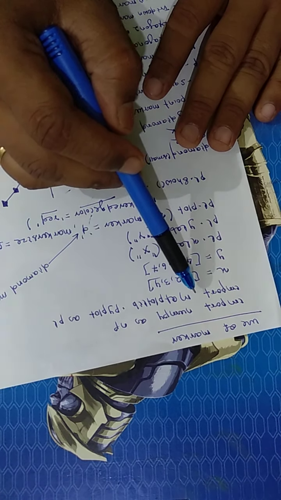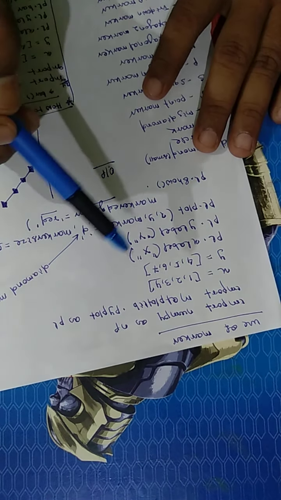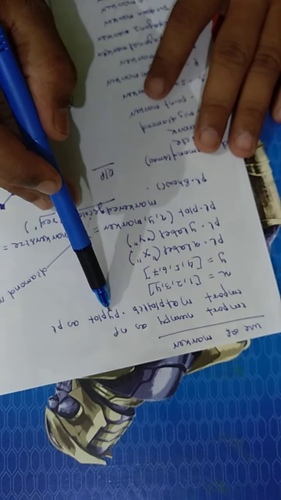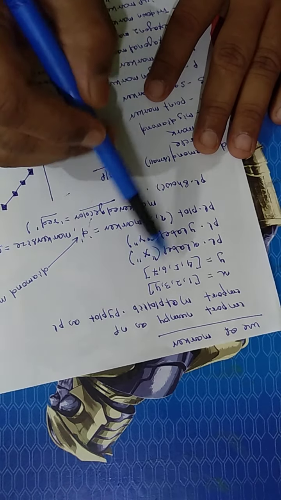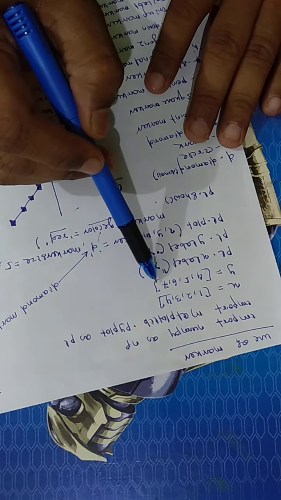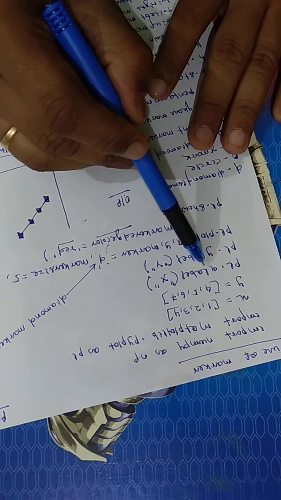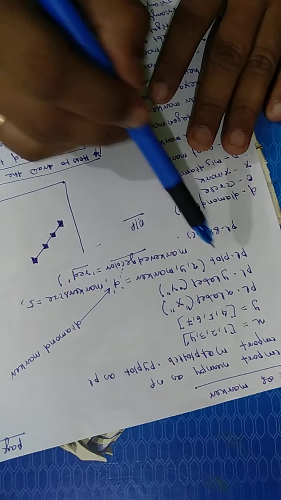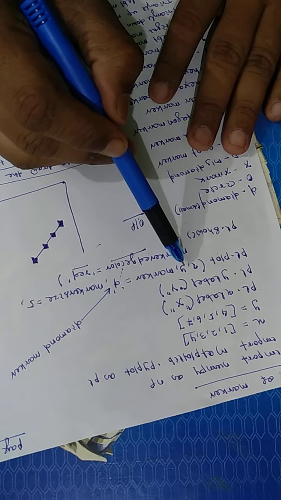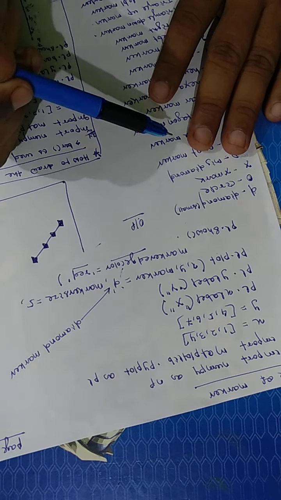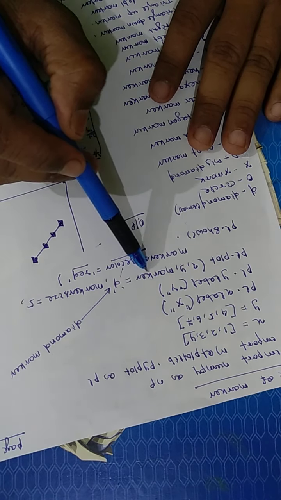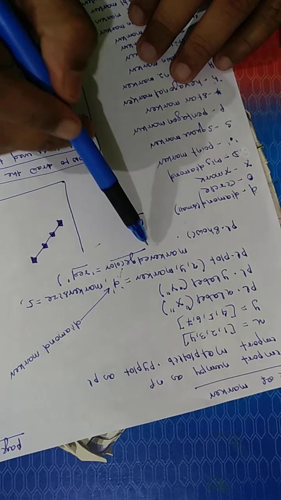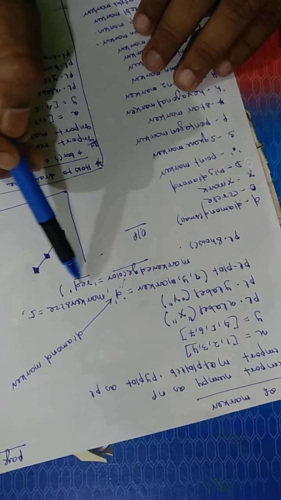Suppose I am taking one example. Through the example I will discuss here. A lot of markers I have written. Import numpy as np, import matplotlib.pyplot as pl, x is 1 2 3 4. Same question I have taken, y equal to 4 5 6 7, and pl.xlabel equal to x and pl.ylabel y I have taken already. Now while plotting we write x and y first. After that I have written marker equal to d, marker size equal to 5, and marker edge color equal to red.